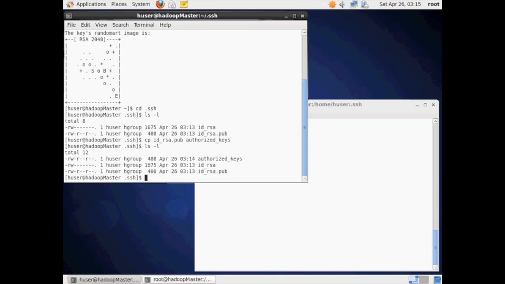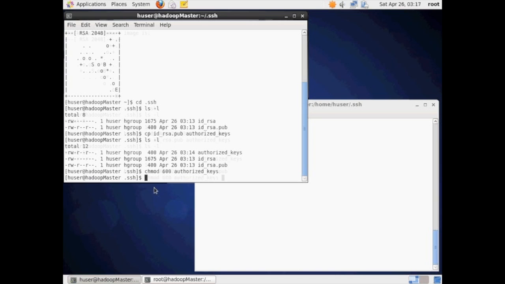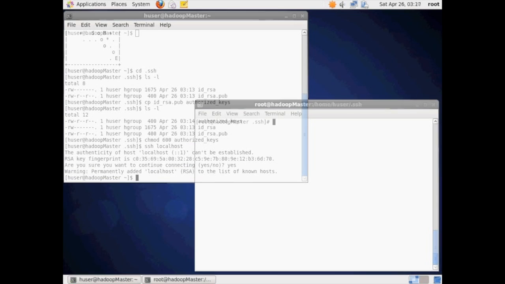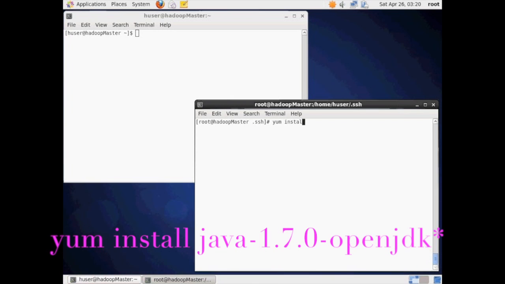So once you do that, you can go ahead and check the permissions and make sure everything's set. SSH is kind of strict, so you have to make sure the permissions are set correctly, otherwise this won't work. And once you do that, go ahead and give it a test, and you notice it logs in right there without any passwords. The next thing we're going to do is install Java OpenJDK, and since we're on CentOS,